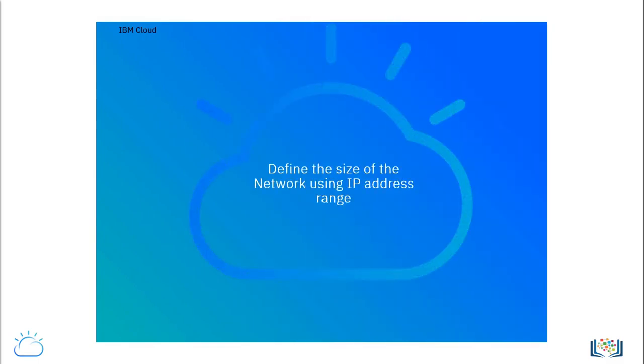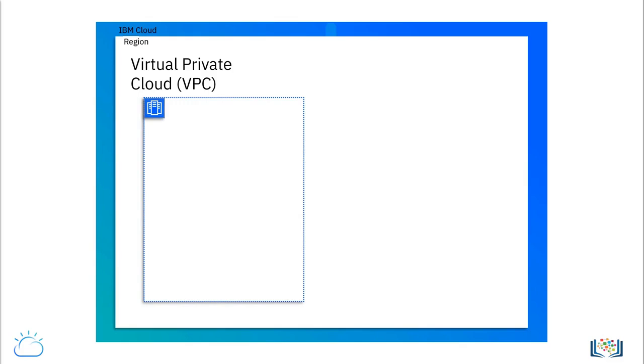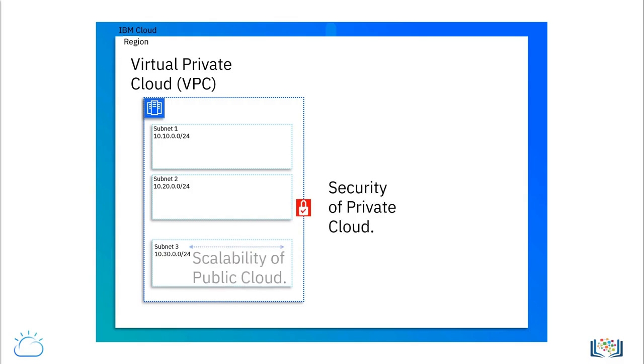To create a network in the cloud, one starts by defining the size of the network or the IP address range that establishes the boundaries of the cloud network. Cloud networks are deployed in networking spaces that are logically separated segments of the networks using options, including virtual private cloud, or VPC, that in turn can be divided into smaller segments called subnets. Logically segmented cloud networks are a private carve-out of the cloud that offer customers the security of private clouds and the